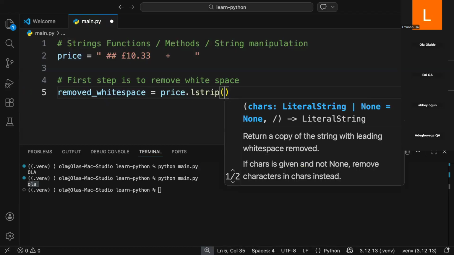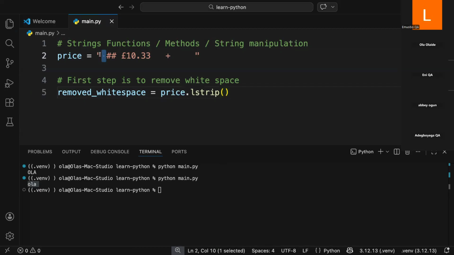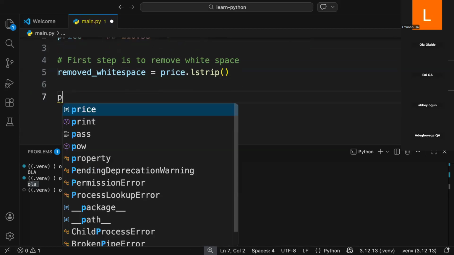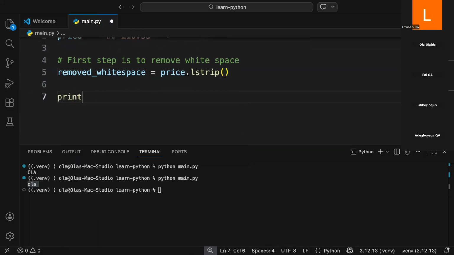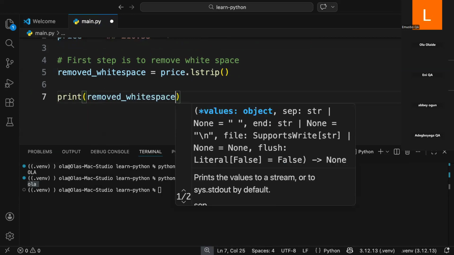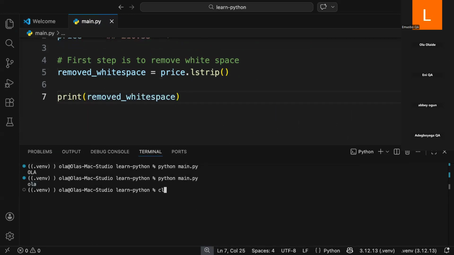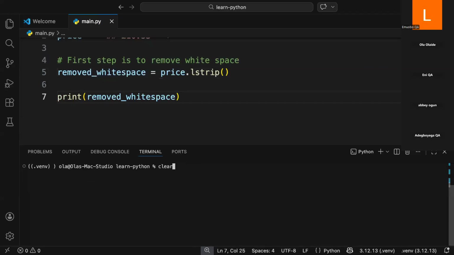Let me use the lstrip first. So we're going to remove the leading white space. This is the leading white space. If I print the removed white space now, I've already removed the white space from the beginning, but I still have the remaining one at the ending, right? So similarly, if I do